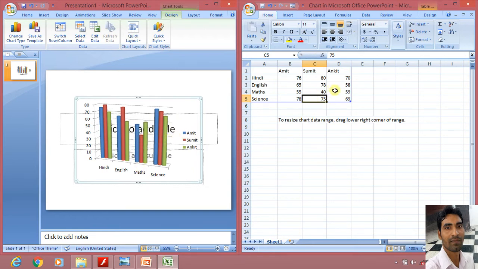Like this, any other mark you want to change, like 80, you also want to change to 40 or 42. This time Sumit's mark in Hindi, that is the blue color, will decrease. Here Sumit's mark in Hindi has decreased. So this way we can edit the data.